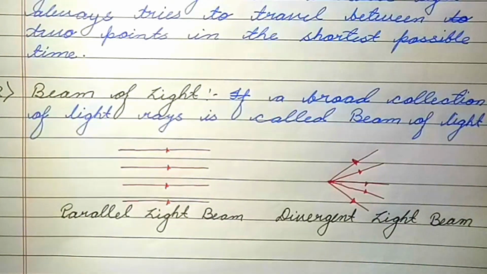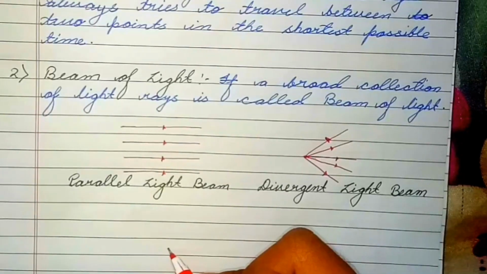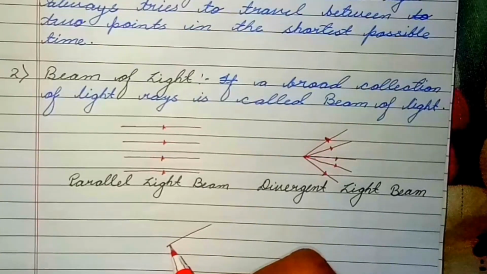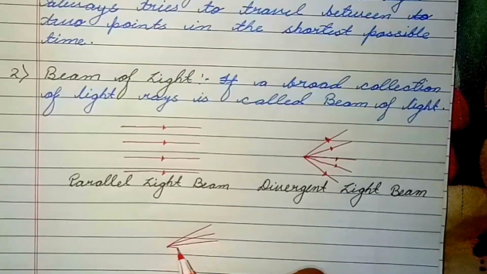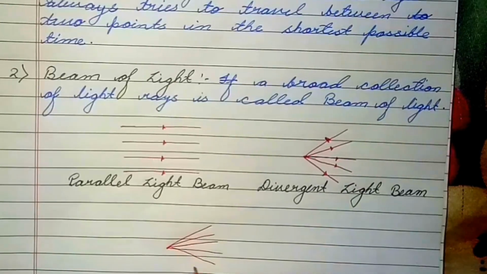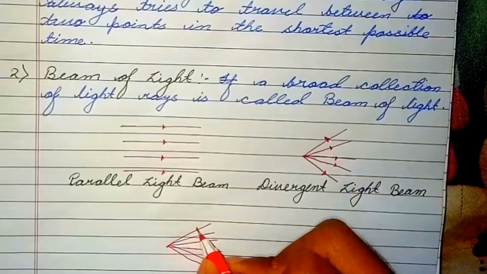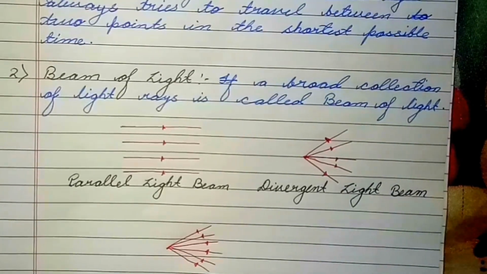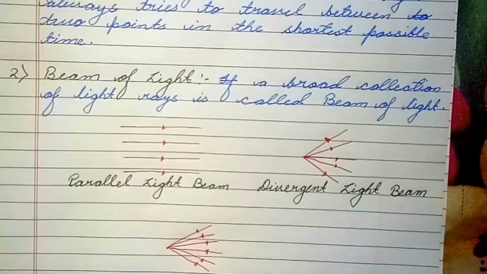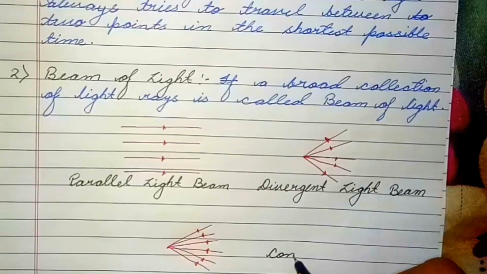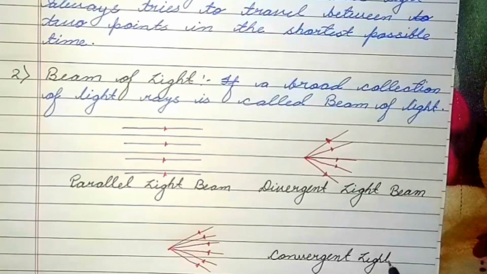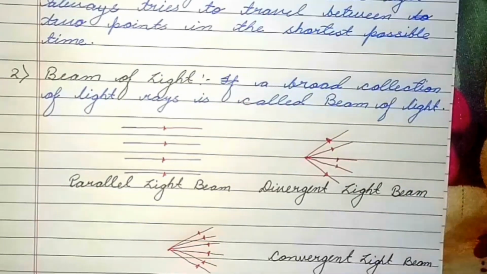And the last one is, suppose that students, a number of rays coming from different directions meet at a point. Then such a beam is known as a convergent light beam. Okay,